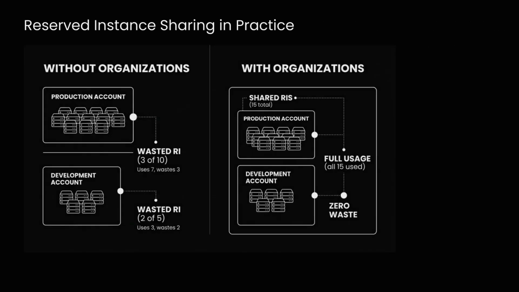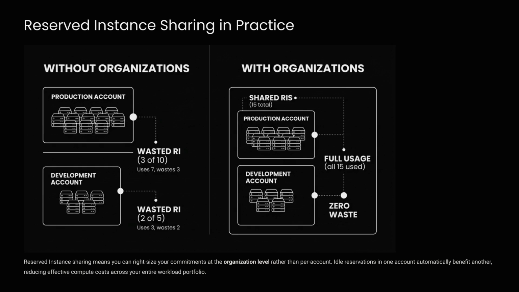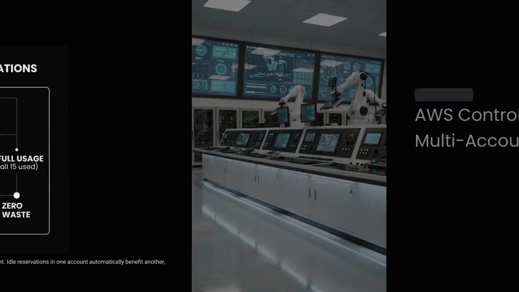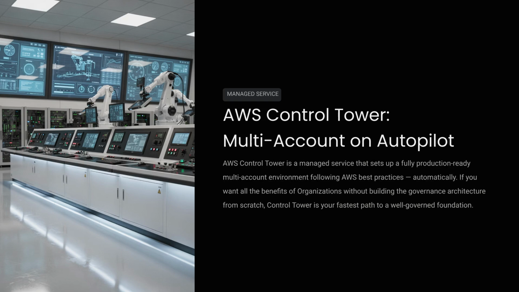This graphic demonstrates the power of reserved instance sharing. Without Organizations, unused reservations are wasted per account. With Organizations, idle reservations in one account automatically cover usage in another, leading to zero waste and optimizing compute costs at the organization level. AWS Control Tower is a managed service that deploys a fully compliant multi-account environment based on